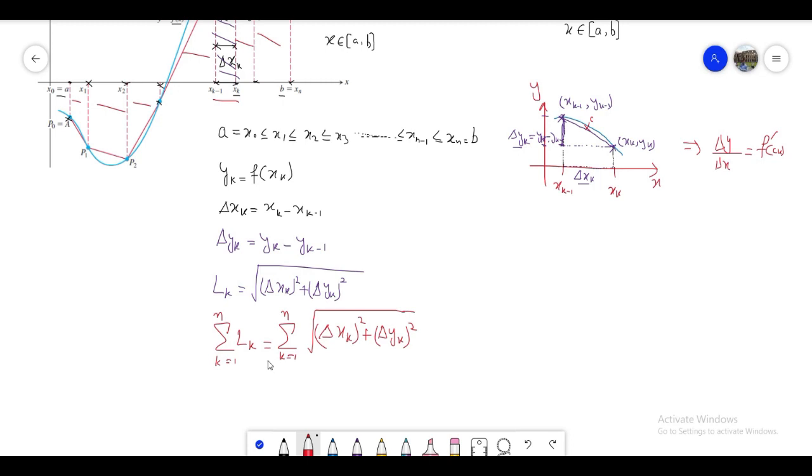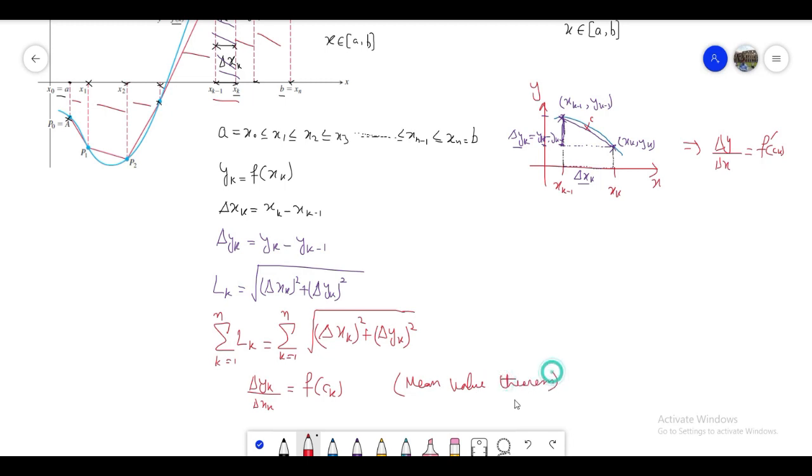So we can say that delta yk divided by delta xk is equivalent, by the mean value theorem, to f dash of ck, where ck is a point within the interval ab. So one can write here by the mean value